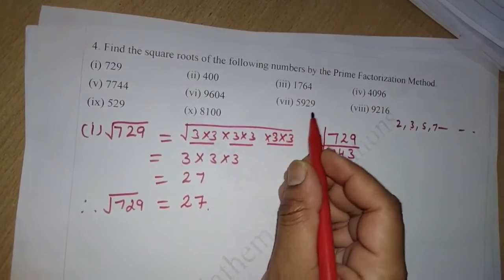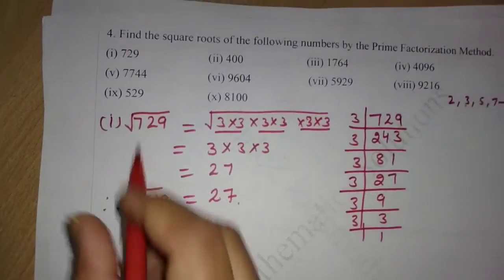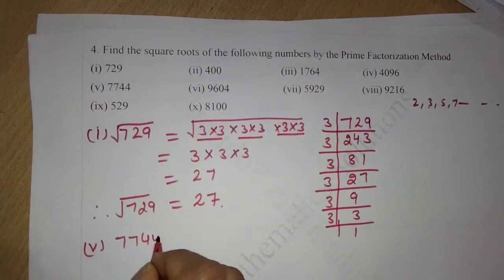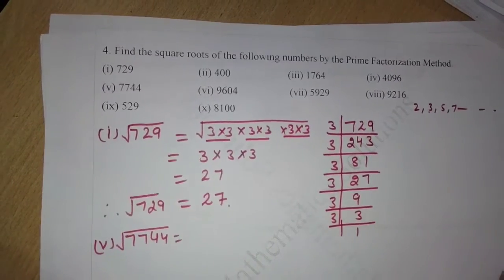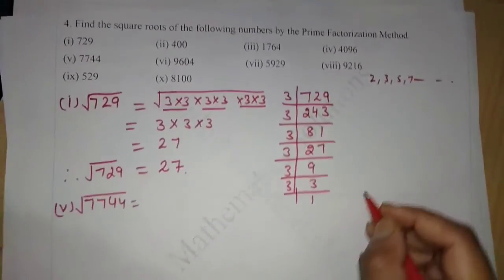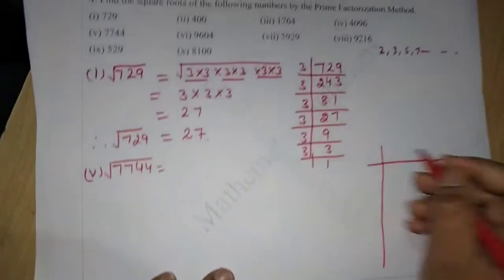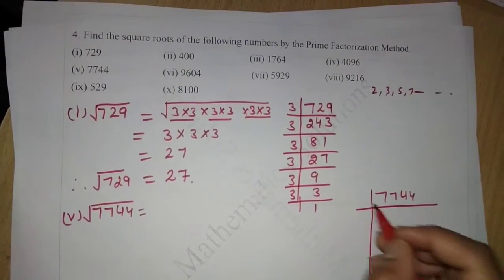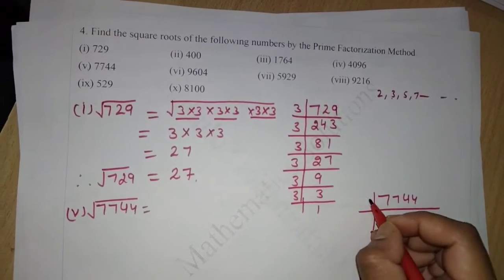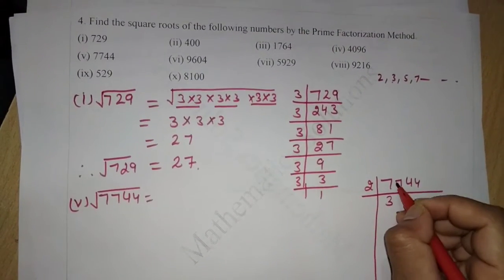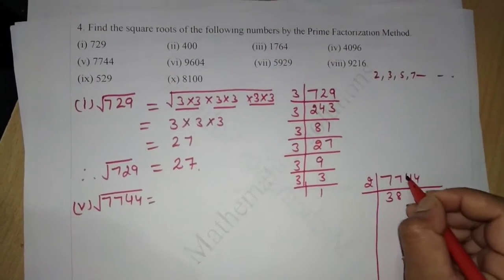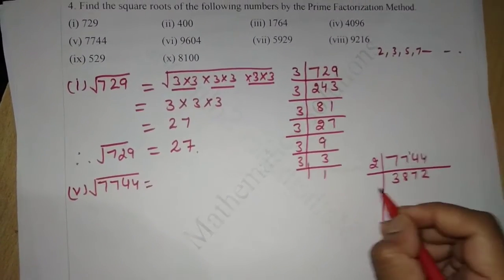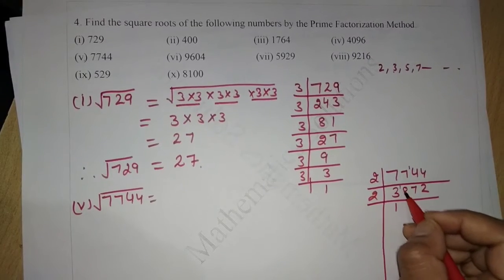Similarly, let's take another example so that you can completely understand the prime factorization method. So let's take part number 5. Now again find its prime factors. Here the unit digit is 4, so it will be divisible by 2. So start dividing this number by 2. 2 3s are 6, it becomes 17 here. 2 8s are 16. Here it becomes 14. 2 7s are 14 and 2 2s are 4. 2 1s are 2. 18 here.